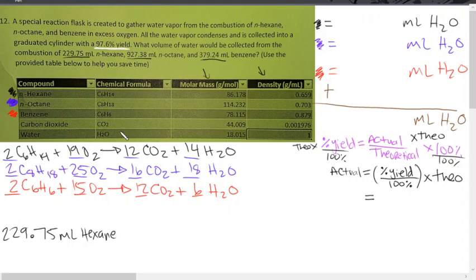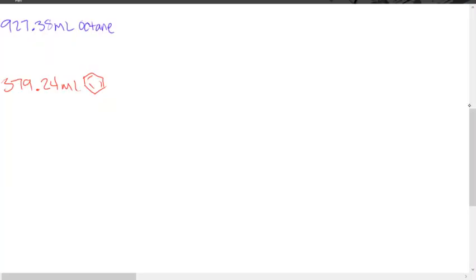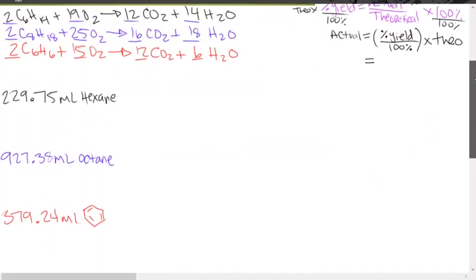Then use the molar mass of water right there to find out how many grams of water we have, and then use the density to find out how many milliliters. You can tell since it's 1 here, whatever we have in grams, we're going to have in milliliters, but I'll write that step in just to be completely thorough, completely clear with everything. Okay,